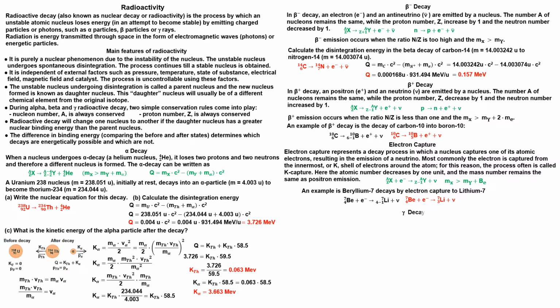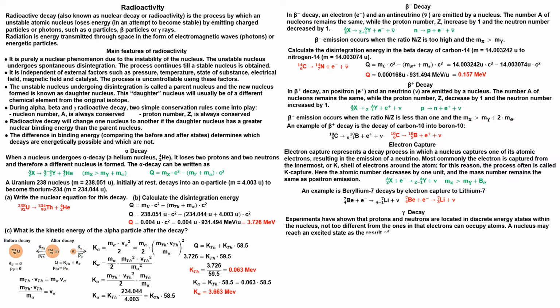Gamma decay. Experiments have shown that protons and neutrons are located in discrete energy states within the nucleus, not too different from the ones that electrons can occupy in atoms. A nucleus may reach an excited state as the result of a violent collision with another particle. More common, however, is for a nucleus to be in an excited state after it has undergone alpha or beta